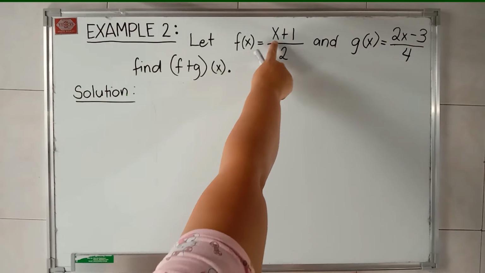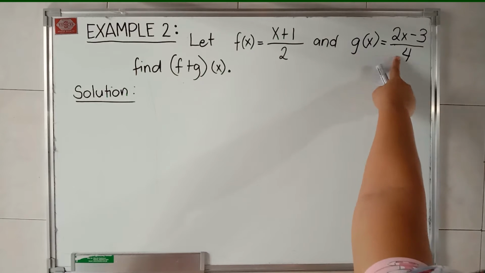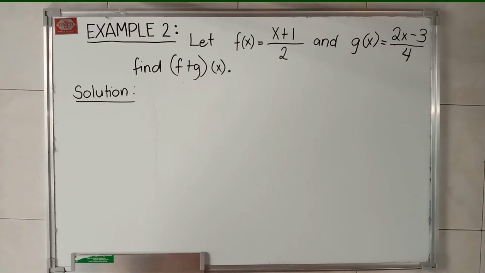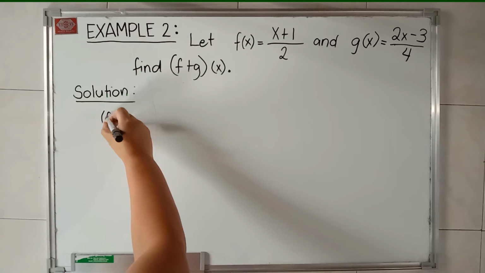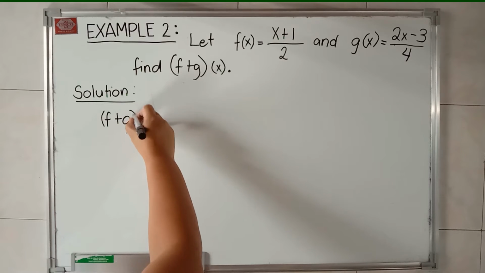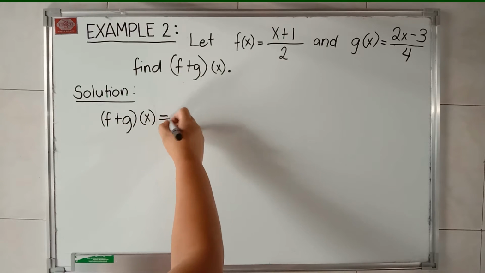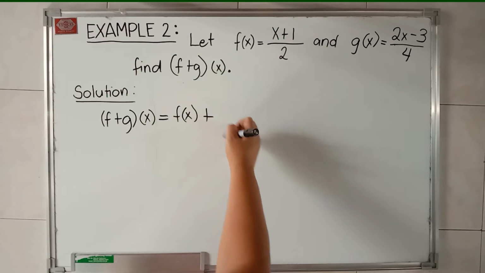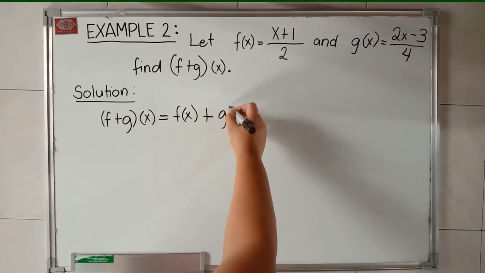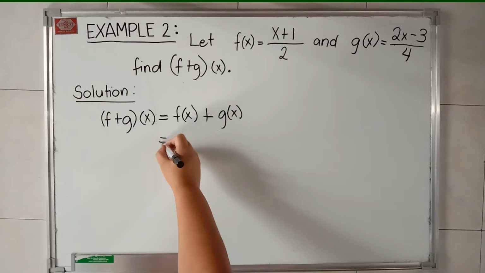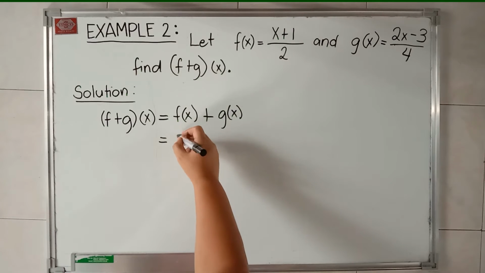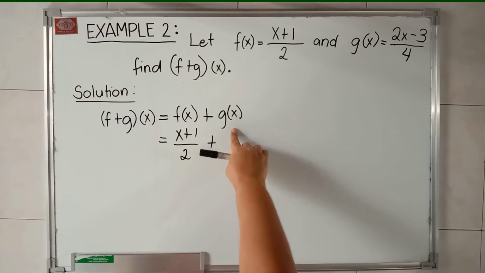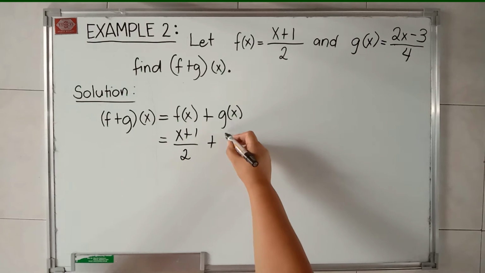Example 2. Let f of x is equal to x plus 1 over 2 and g of x is equal to 2x minus 3 over 4. Find f plus g of x. So solution, from the definition we have f plus g of x is equal to f of x plus g of x equals, substituting the value of f of x, we have x plus 1 over 2 plus the g of x is 2x minus 3